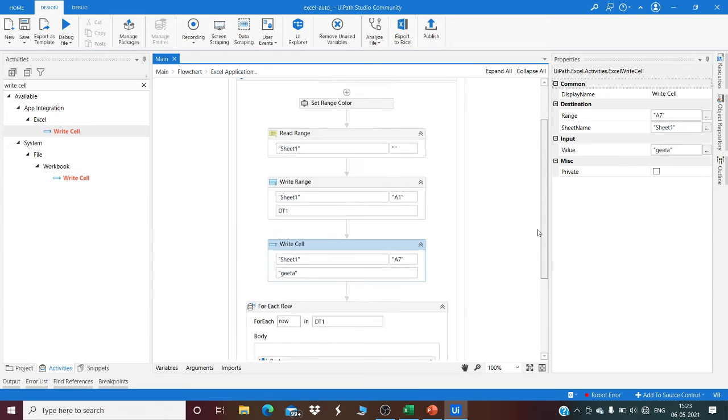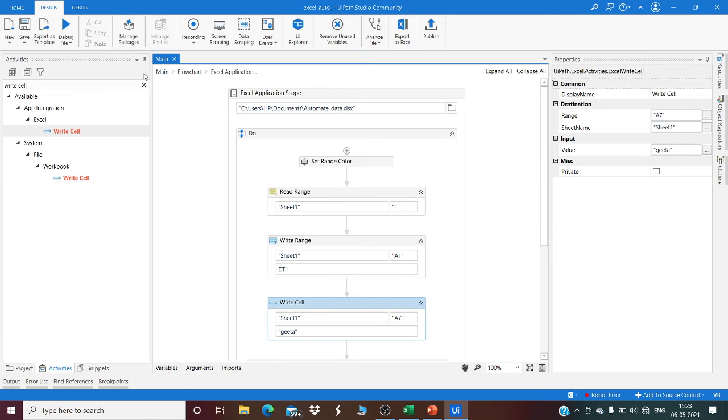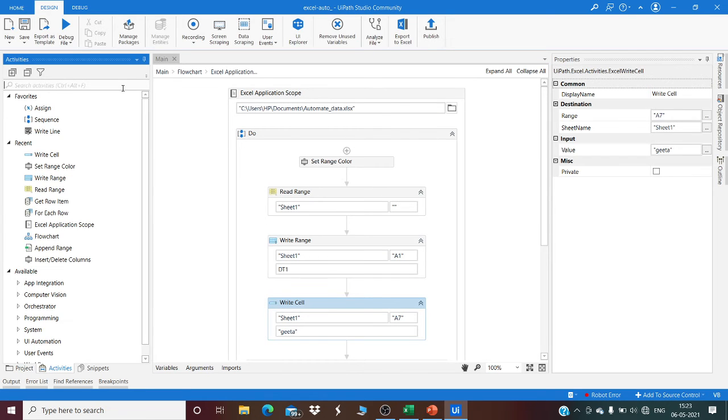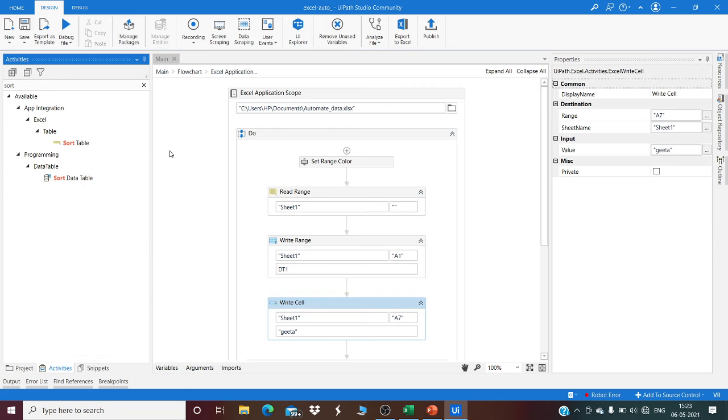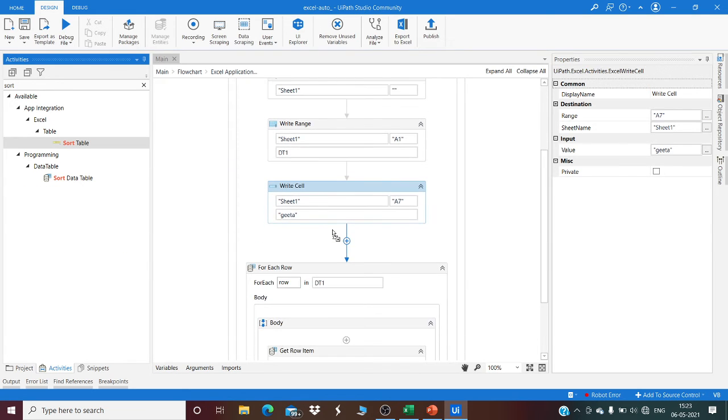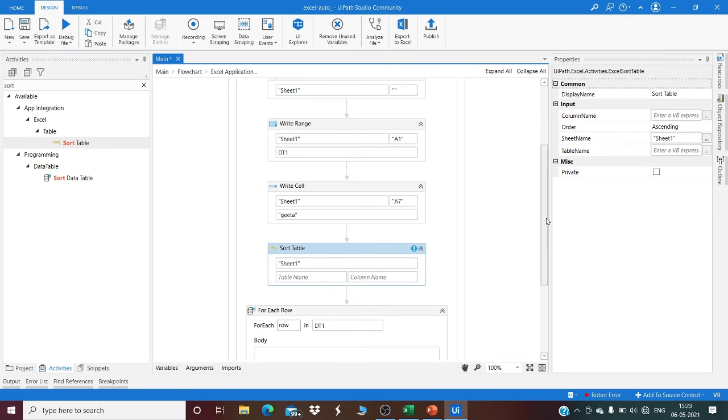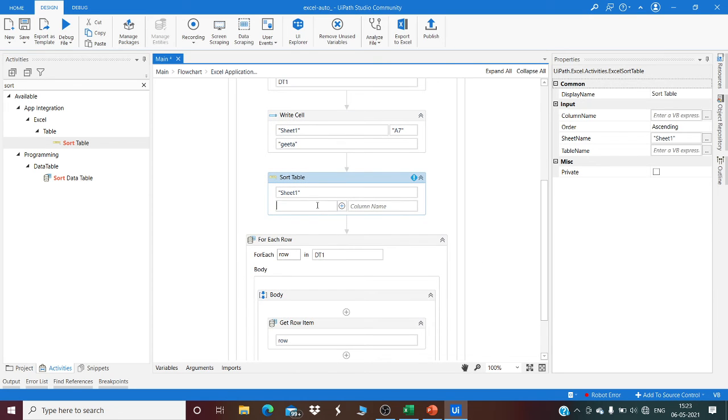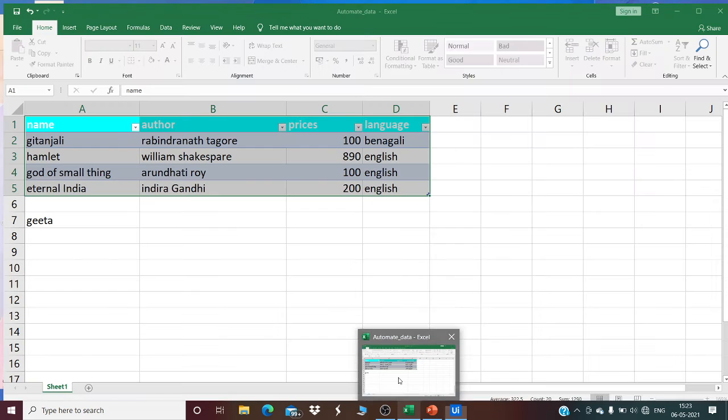For the sorting of the table, we have one option in Excel application scope that is sort data. Select and drag it to the do section. Here, table name we have created, we have converted our file into table.